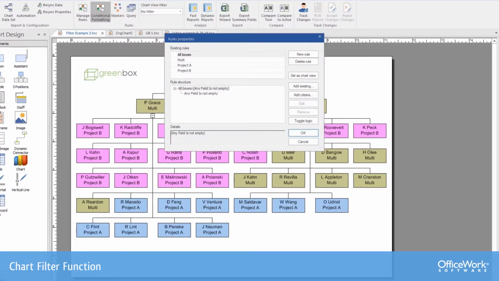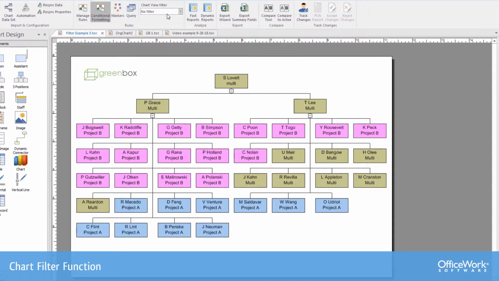To begin, I started by making some rules, and my rules are defined for project A, which is we have a project name field, and if it contains the word project A, then that's going to meet that rule. We have one per project B. We have one for project name multi, and we've also got one for all boxes. So 3 different rules are created, and that's the basis by which we're going to be able to use the